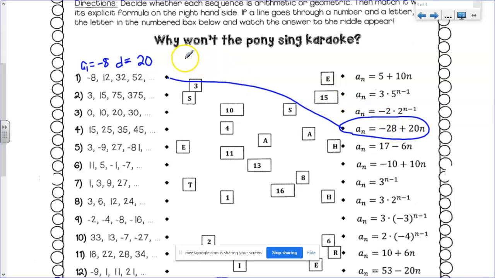I know, but look, we have to fill it in. Remember, we're not done yet. I did it in my head. -8, and then plus n minus 1 times d, which is 20. Right? So that'd be 20n minus 28. -8 minus 20 is -28. Does that make sense? I just knew that it would be 20n, so I did that part in my head. Okay, so this is just practice that you can